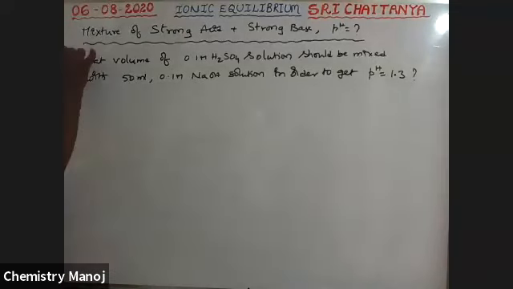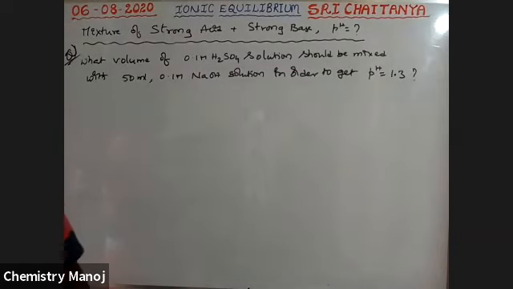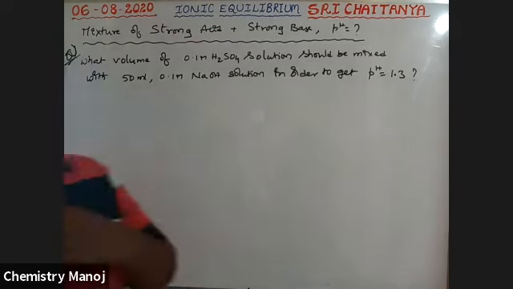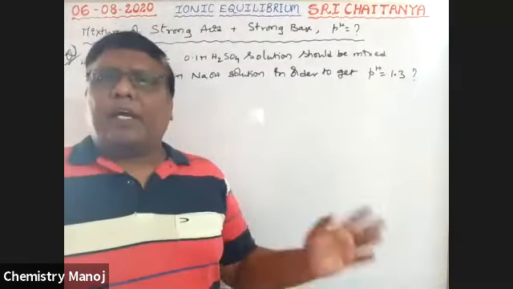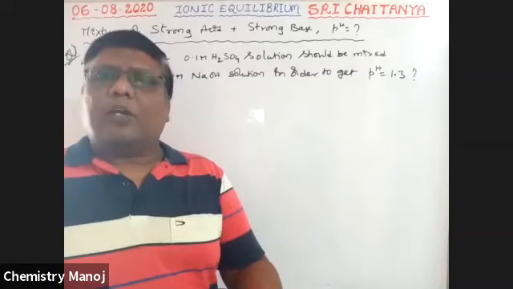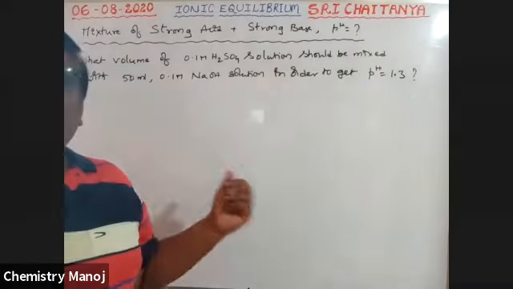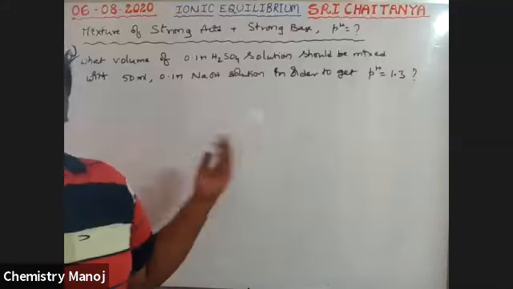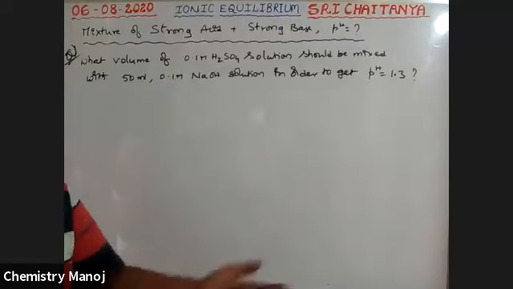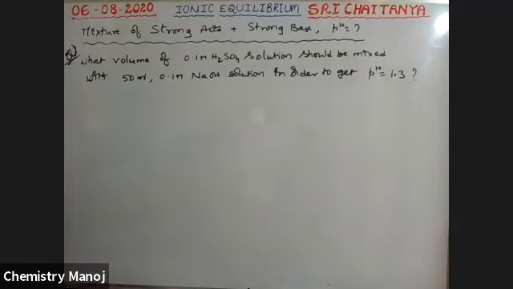So this is the question, boys. Try yourself. I will explain later. I will give some time to you. In the previous problem, volume and molarity were already given, so you calculated pH. Now pH is given to you, so calculate one of the volumes, just the reverse case. Try yourself.